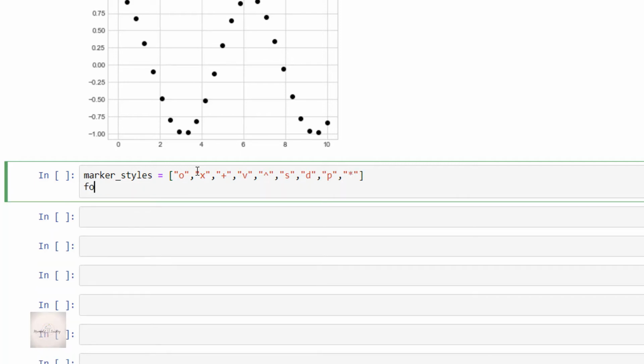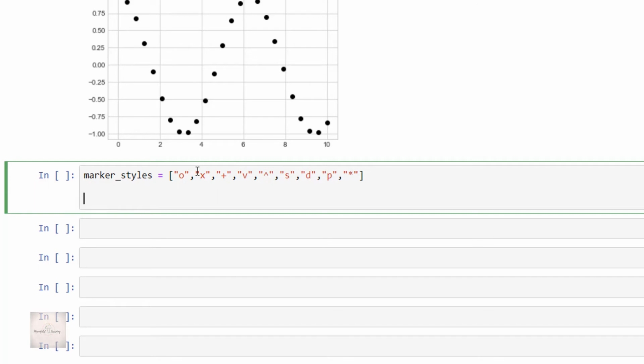Here I'm creating a Python list which contains the short string codes for the different marker styles: circle, x, plus, lower triangle, upper triangle, square, diamond, pentagon, and the star.